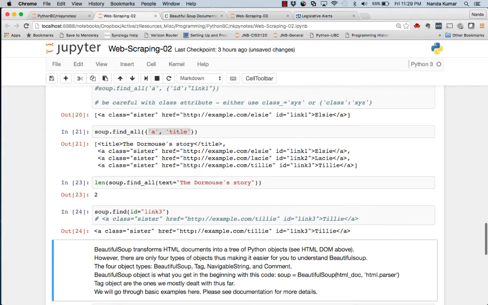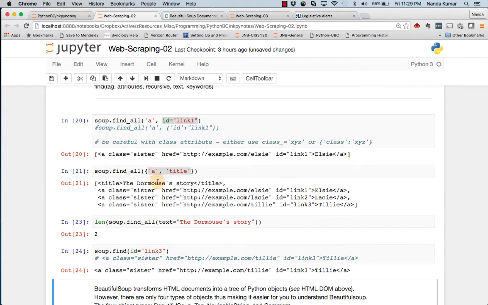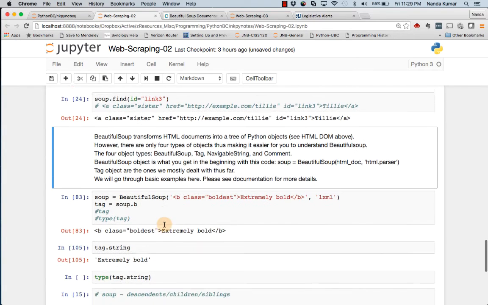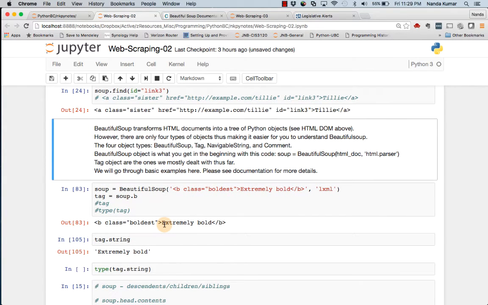Okay, so there are multiple ways of using the find all and find methods, one of the most useful methods for the soup object. Okay, and before I finish this second part, I just want to say that